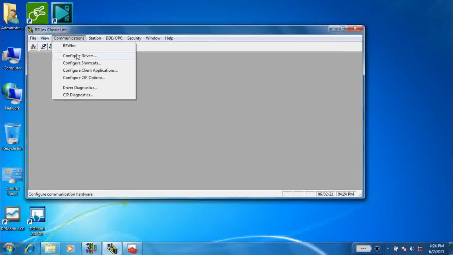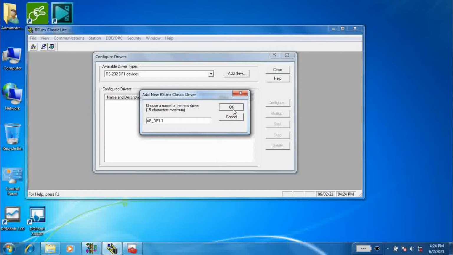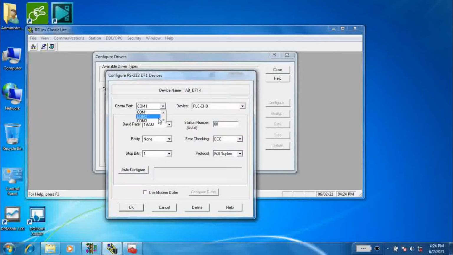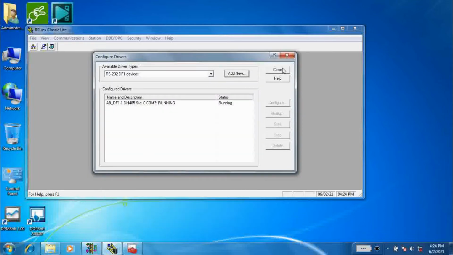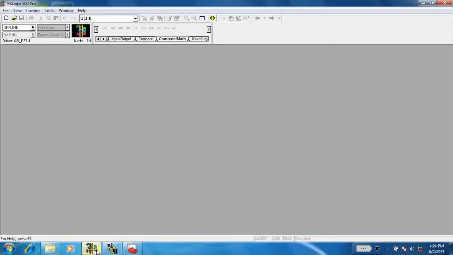So click on configure driver and select RS-232 DF1 devices. Here select the COM7 and click on auto configure to configure it automatically. The driver is now configured.